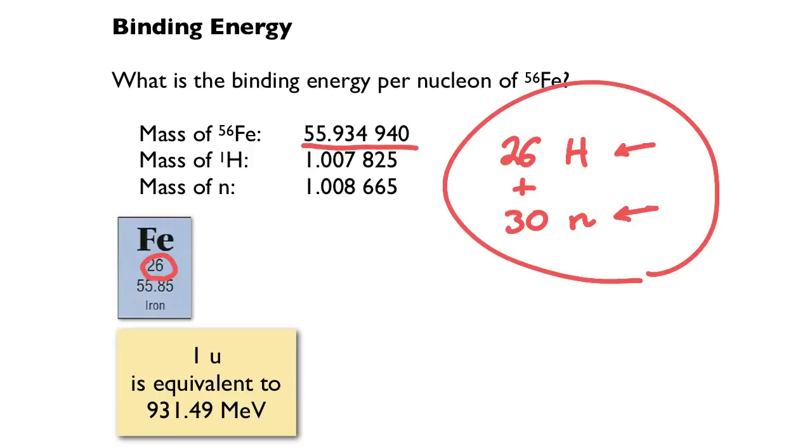And then I look at the mass deficit. I add that up. That's what I start with. I finish with 55.934940. Oh, by the way, notice the big number of decimal places. We have to do that because we're taking differences between numbers that are extremely close to each other. What difference in mass do I get? And then I'm going to convert that to mega electron volts using that relationship right there. So keep calculating. I'll be back.